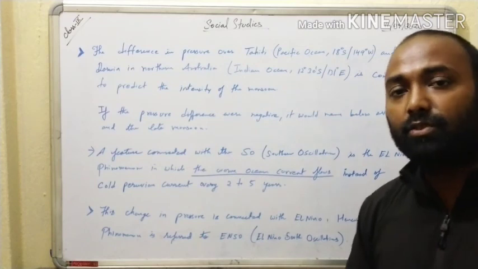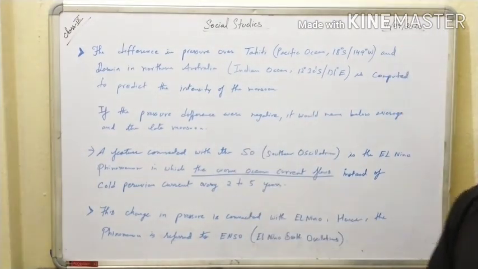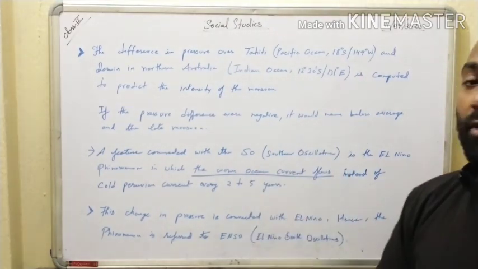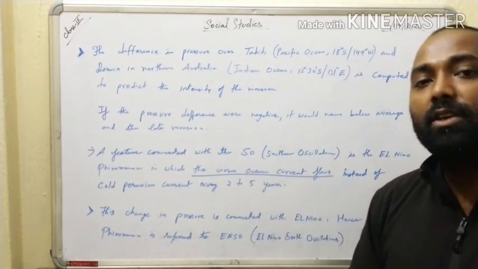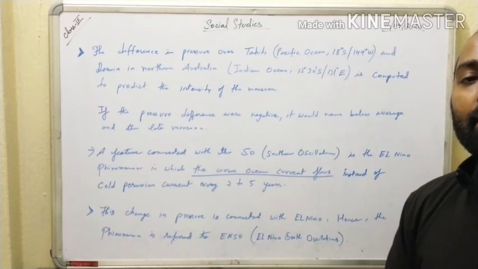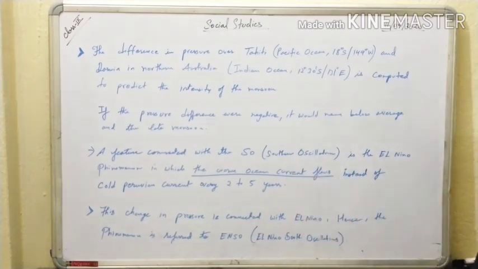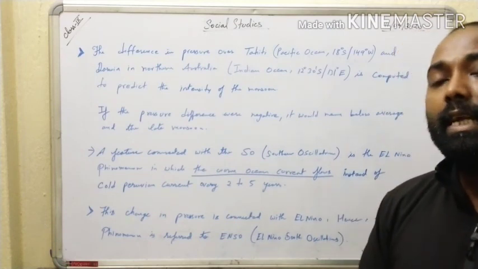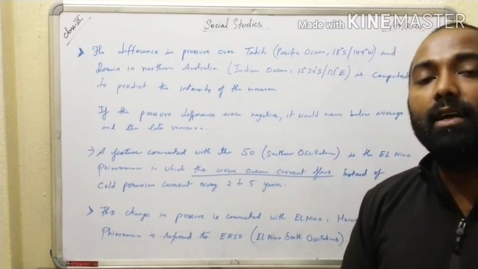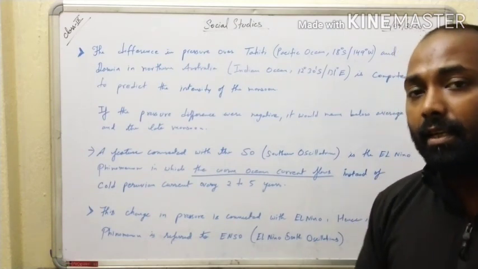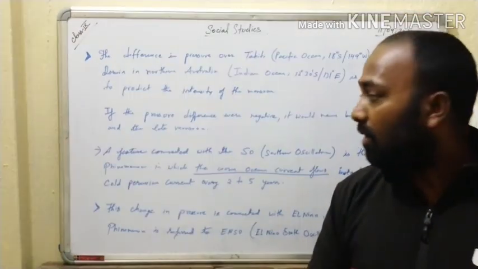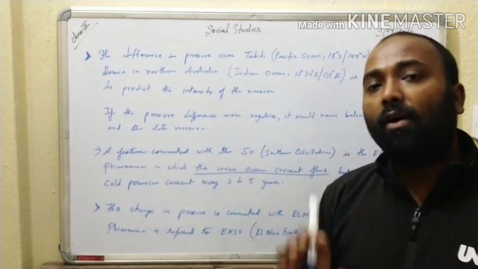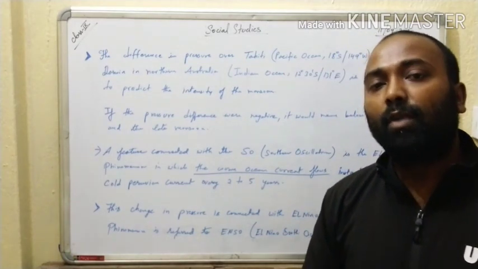So you have understood that there are so many facts related with the Indian monsoon. These factors are responsible for the effect of the Indian monsoon over India. You can understand that there is not only one or two facts, there are different facts related with the Indian monsoon. The most important fact you have to keep in mind is the pressure belt. So this is all for today, and tomorrow we are going to study about the onset and withdrawal of monsoon.